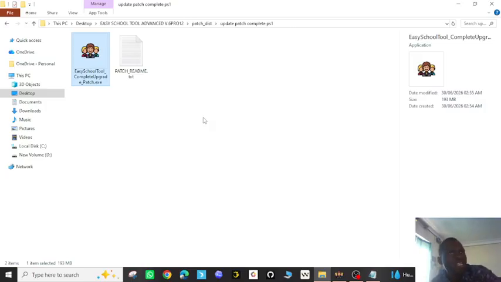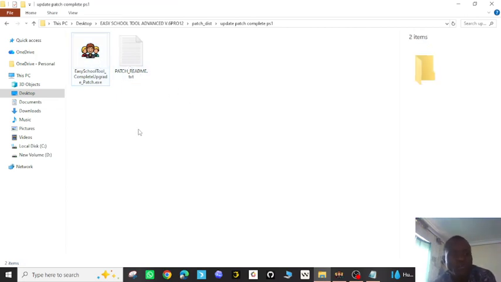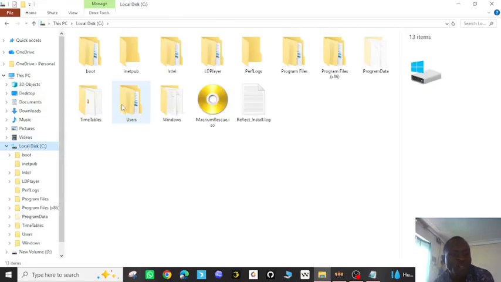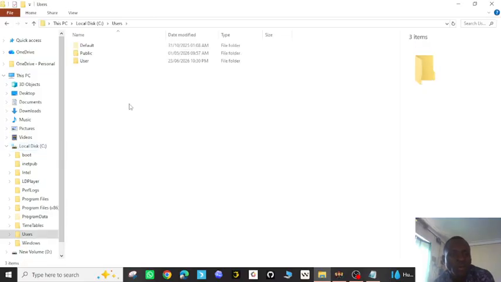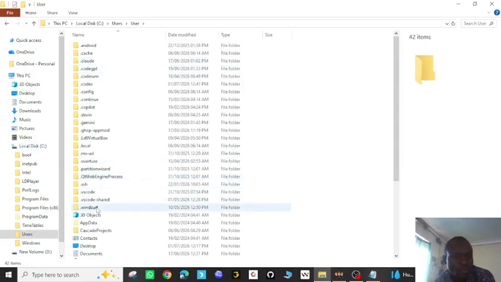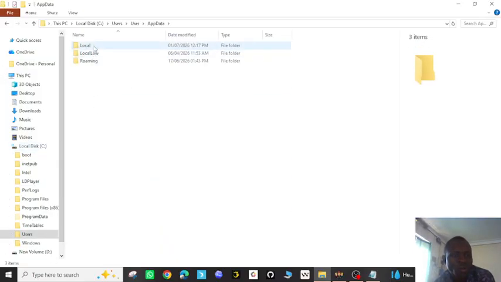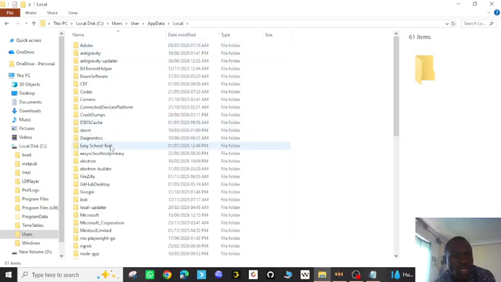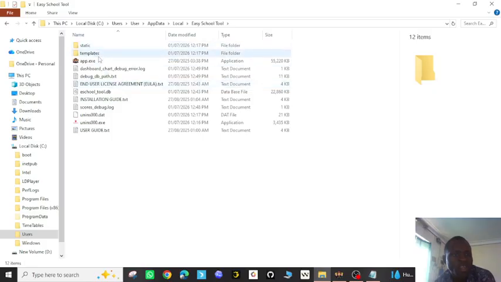So when you created that one, it means when the system is also saving, it creates another folder. So you have two folders within. So our update patch does not know that. So if you have version 1, this is what you do. Go to where your files were saved during installation. Mine are here. I'll go and look for them here. And then I have easyschooltool. The folder is already here. And now inside,